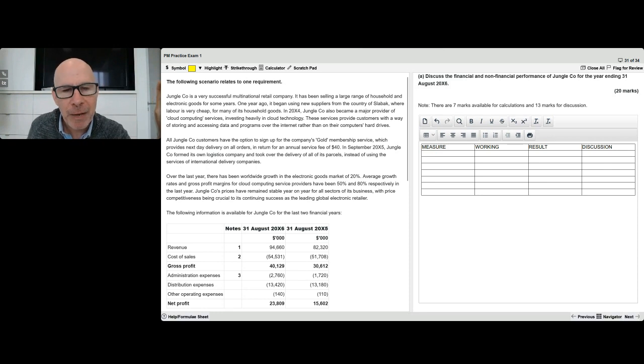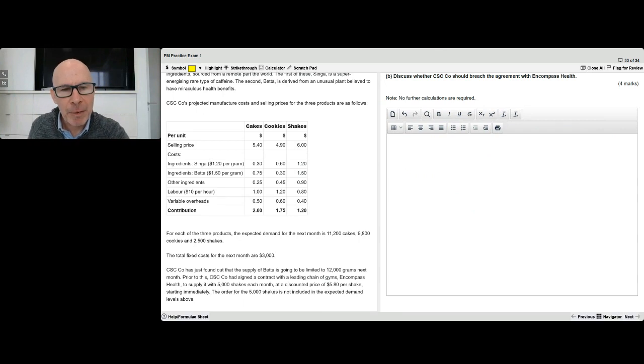You have to, for every measure that you calculate, you got to say why it happened, how it happened, linking. Sales went up. That's a good sign. But why is it a good sign? What could be the cause of it? Maybe it's because prices dropped. Maybe we have elastic demand. Prices dropped, but they sold more, so revenue went up. So you got to build a discussion like that, people. Okay.